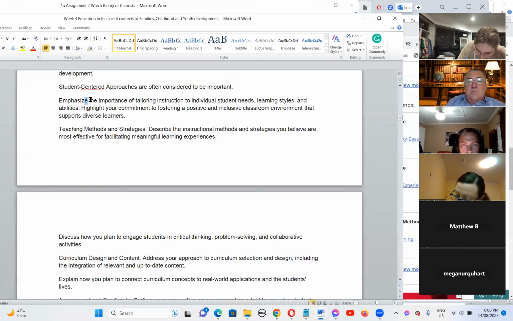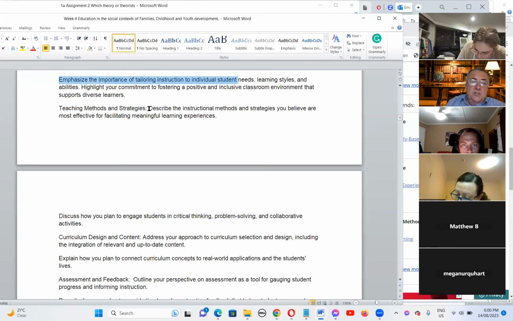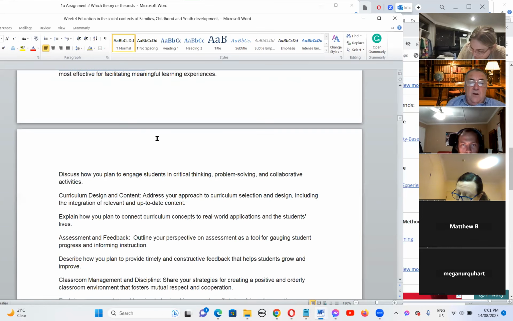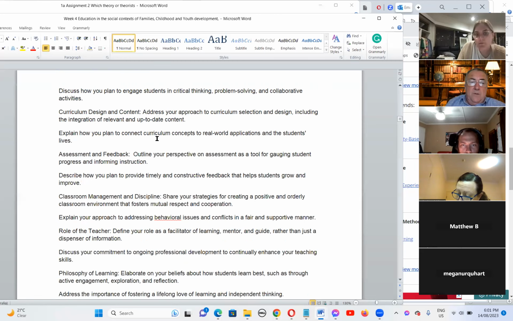It can emphasize the importance of tailoring instruction to individual needs while also realizing the needs of all of the students in the classroom. It can include a statement on your teaching methods, those that you find to be effective, and you could include examples there, and you could have sample lessons that you could show how effective you've been.